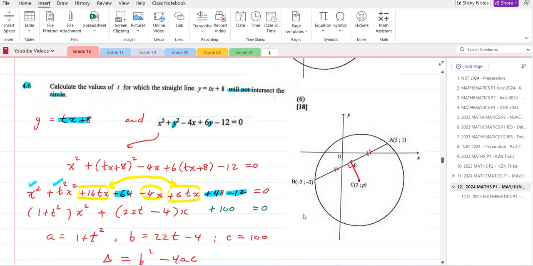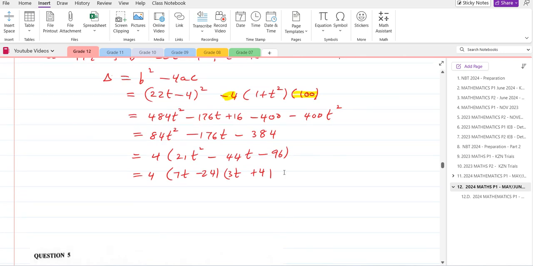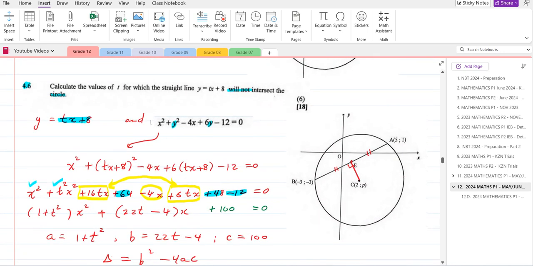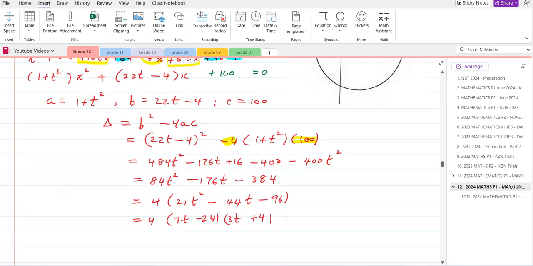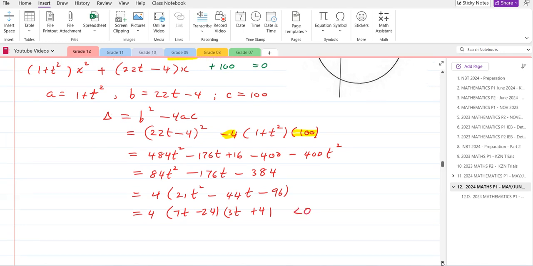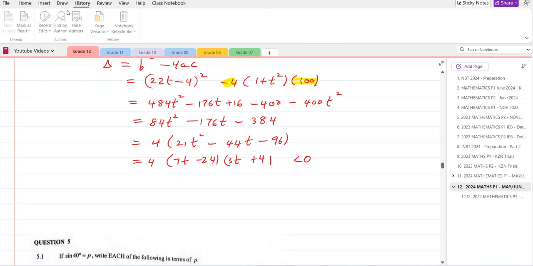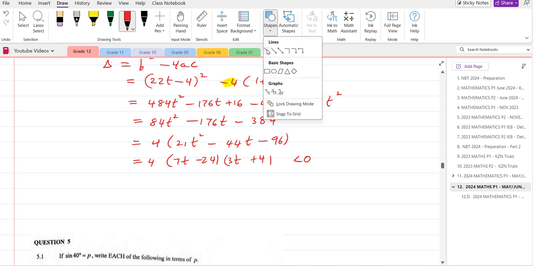It will not intersect the circle. When will this not intersect the circle? If delta is equal to 0, then it will intersect that circle at one point. If it's greater than 0, it will intersect the circle. But if it's less than 0, remember, we need to solve delta less than 0. Then you need to draw a line